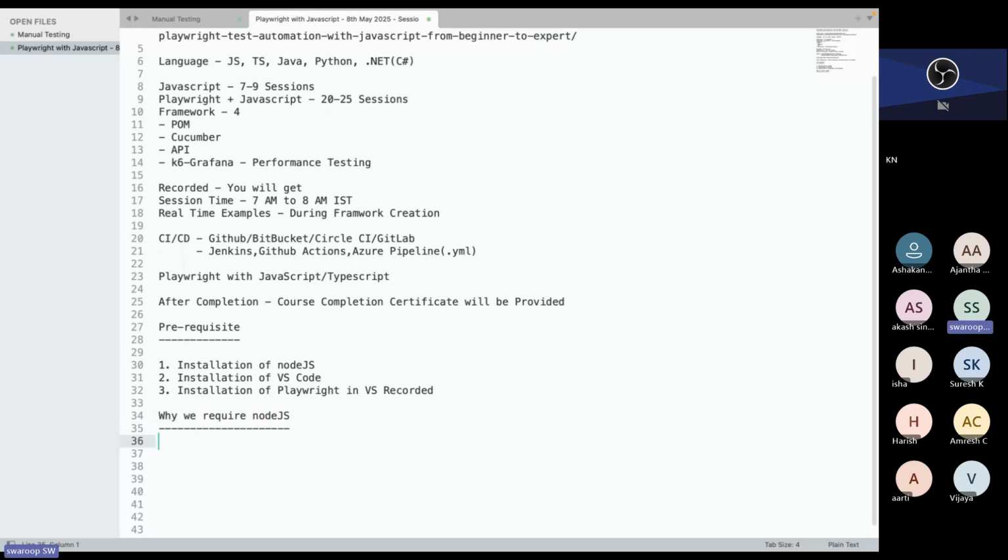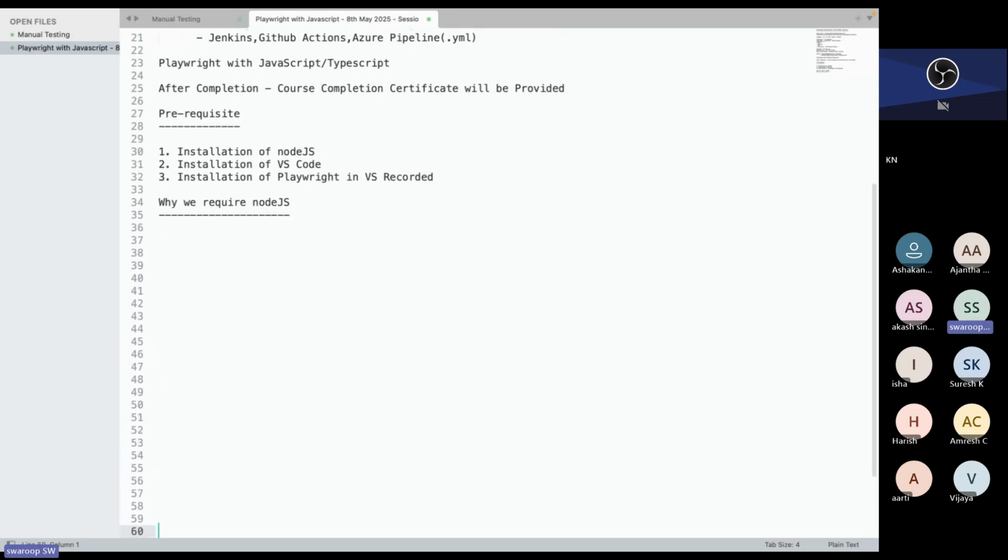Yes, anyone? You can unmute and speak up if any idea. So it gives packages to do different activities inside the script, right? It has a lot of different packages, string operations, or